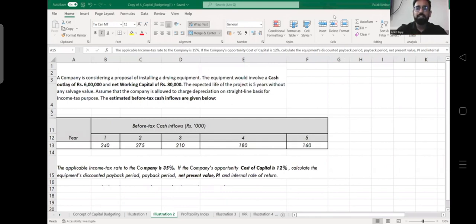You know, in the previous lecture, we have started the capital budgeting chapter, and there we have